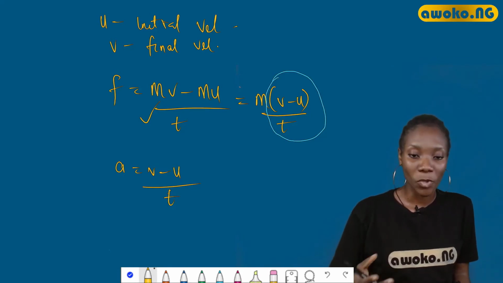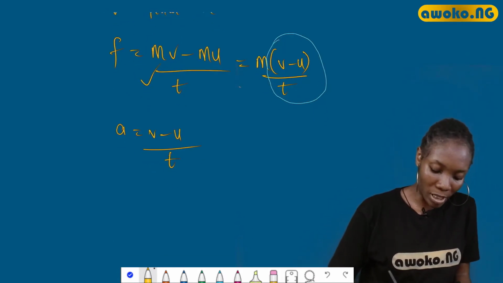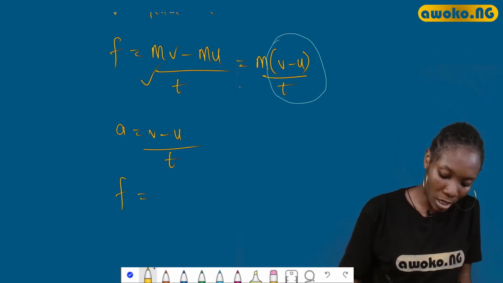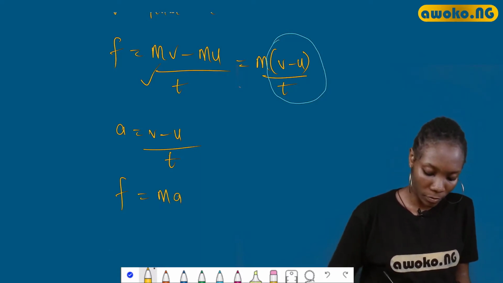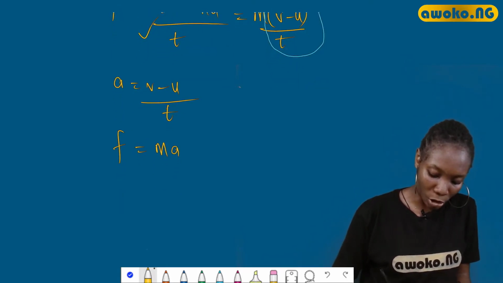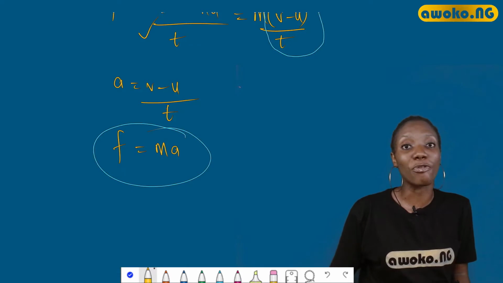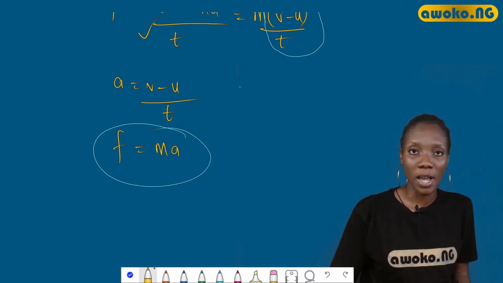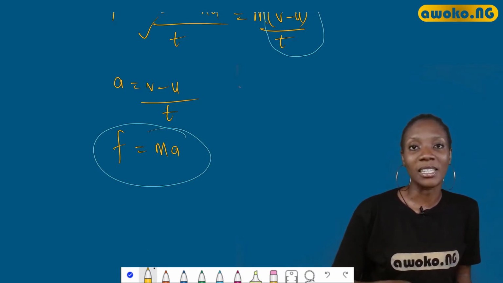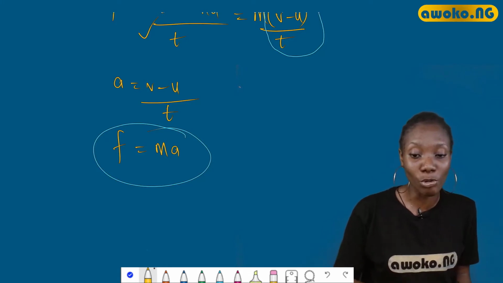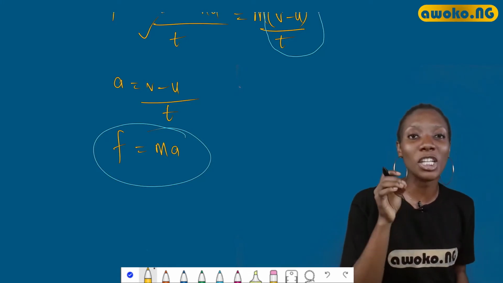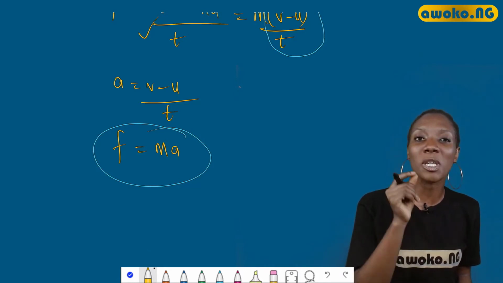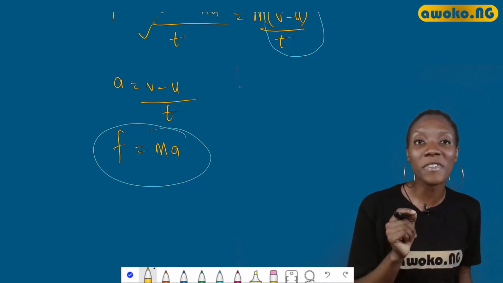Now what happens here? We can get another relation from this Newton's second law. And if we put this back, we end up getting this: force is directly proportional to acceleration. And we've gotten this relation. I know most of you know this relation very well. So we can see that Newton's second law has been restated as this. Now this equation, which most of us used to solve a lot, is a fundamental equation of dynamics and is one of the most important equations of physics.